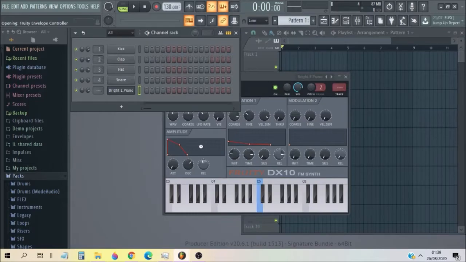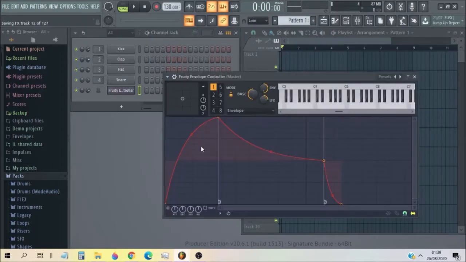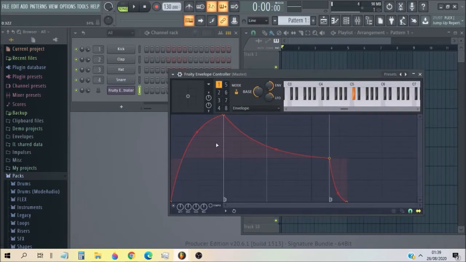Then there's Fruity Envelope Controller. I don't know why it's listed here as one of the generators. This is more like an effect. Essentially, what this does is it's nothing to do with playing notes. You can give it an input, and it can give you a different kind of output. It's kind of hard to explain. So if I press a note with this, it will go through this envelope, and if I click this continuous output thing, I can then say, hey, the volume of this